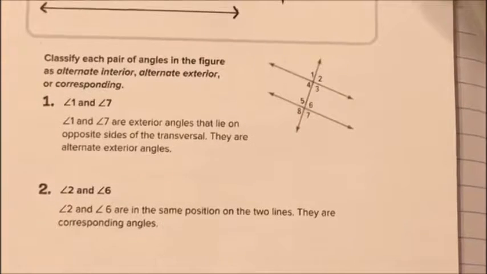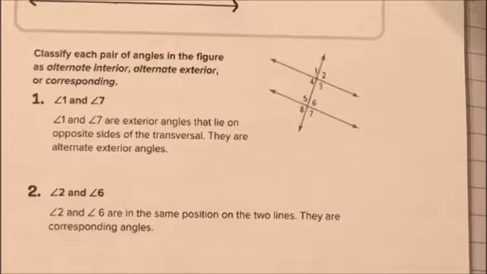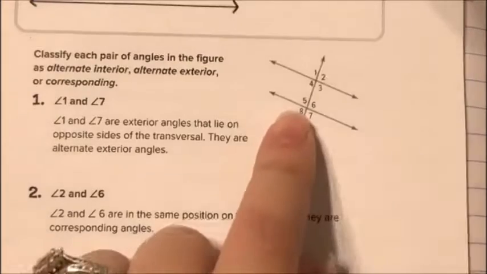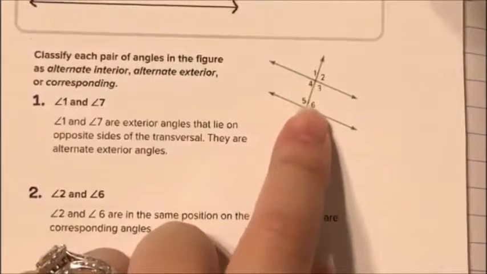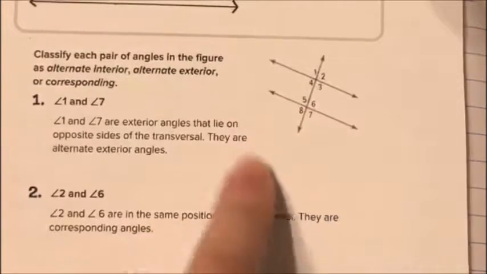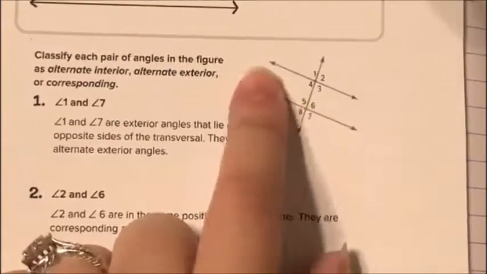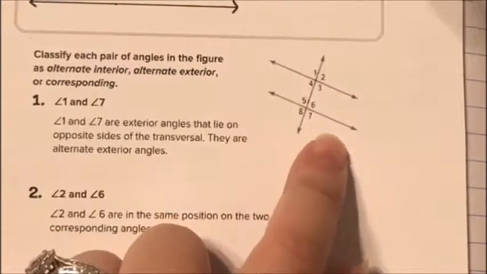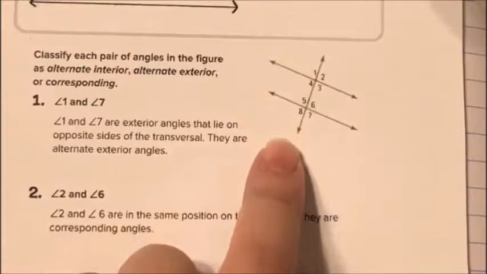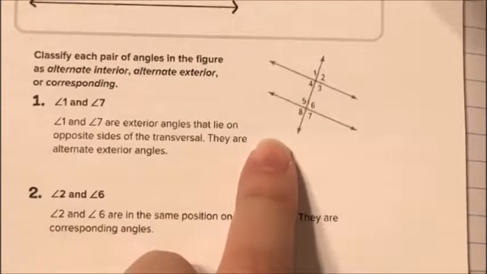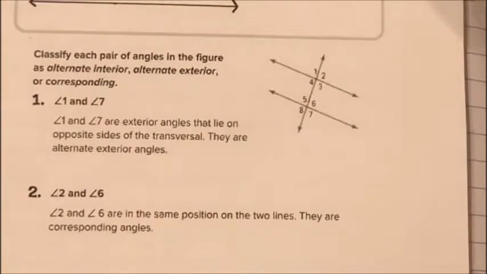This says classify each pair of angles in the figure as alternate interior, alternate exterior, or corresponding. Okay, so I have my diagram over here. It says 1, 2, 3, 4, 5, 6, 7, 8. So basically I have two parallel lines. This line is parallel to this line, and then they are cut by what's called a transversal line. Okay, so the first thing that I'm looking for